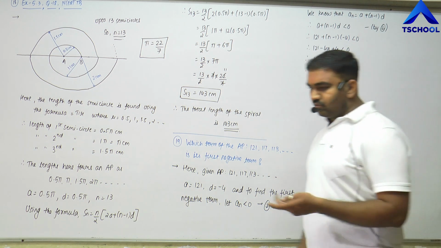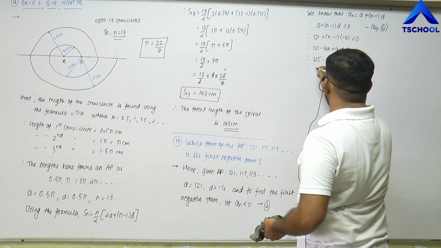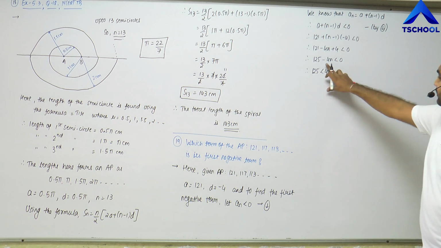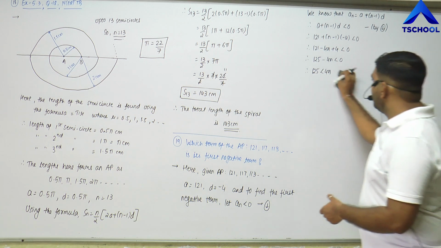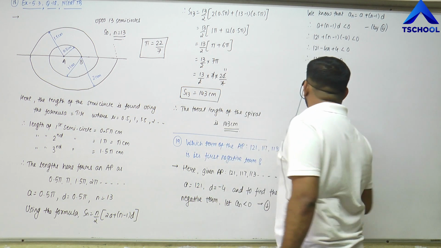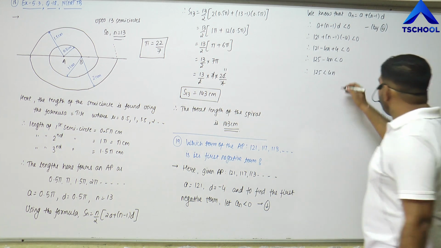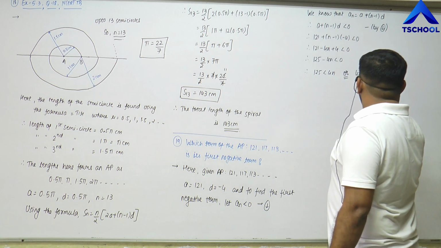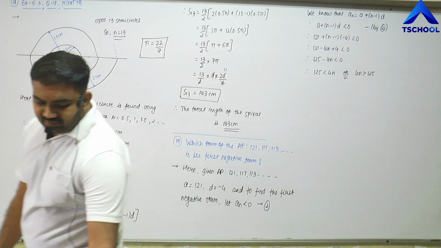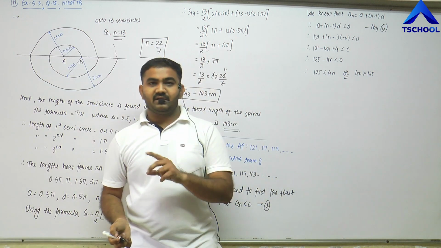Will this be understood? Let me write it like this. This 4n will be shifted here, that gives me 125 less than 4n. If I shift this minus 4n here, that will become plus 4n, right? Therefore I can say that 125 is less than 4n. Or if 125 is less than 4n, will 4n be greater than 125? Yes or no? See friends, both things are the same. I have written it in the reverse manner: 125 less than 4n or 4n greater than 125.